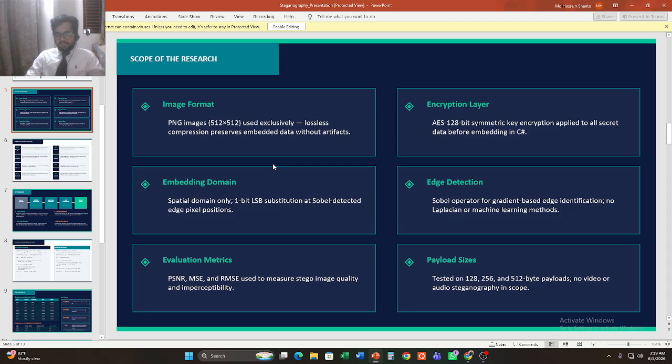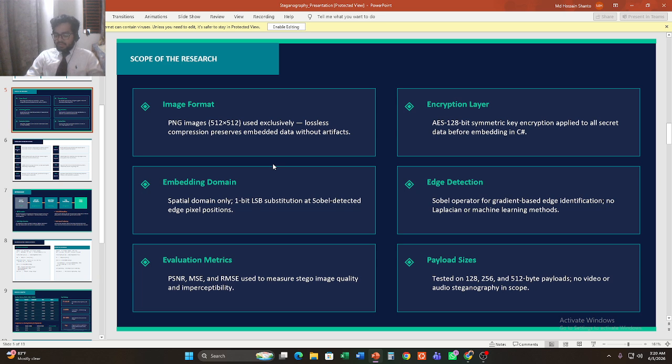In scope, the system works exclusively with PNG image format, specifically 512 by 512 pixel images. PNG is chosen because it uses lossless compression, which means the embedded data is preserved exactly without any degradation.